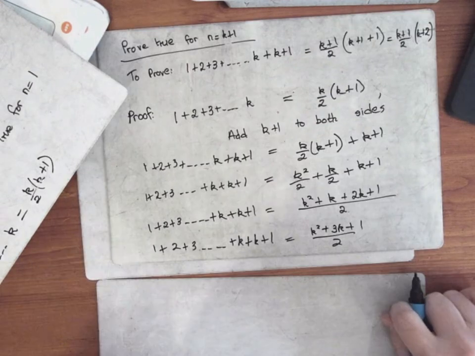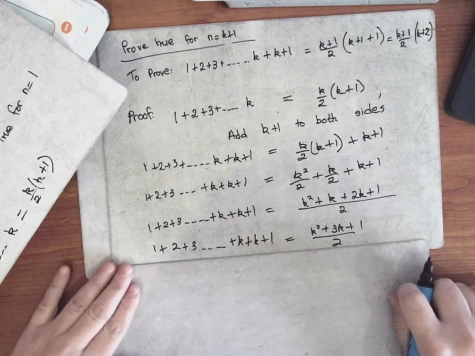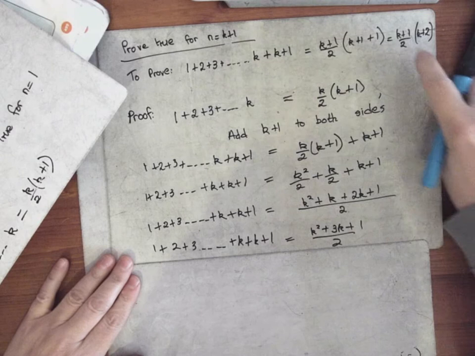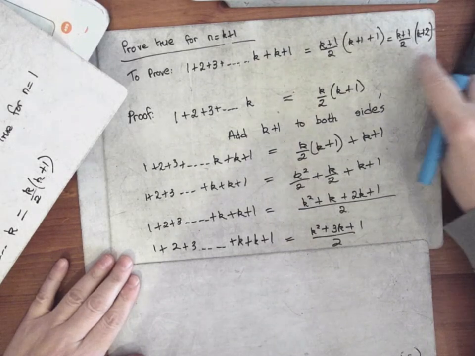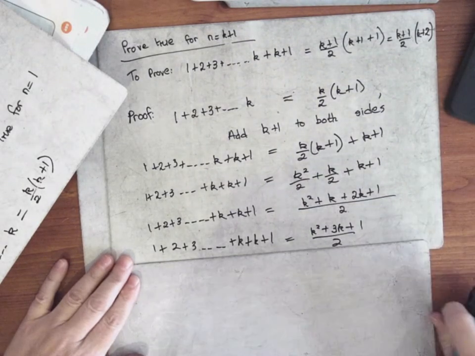Okay, so what I can do is factorize on top of the line. Because look what I want to turn it into, a k plus 1 and a k plus 2. I have done something